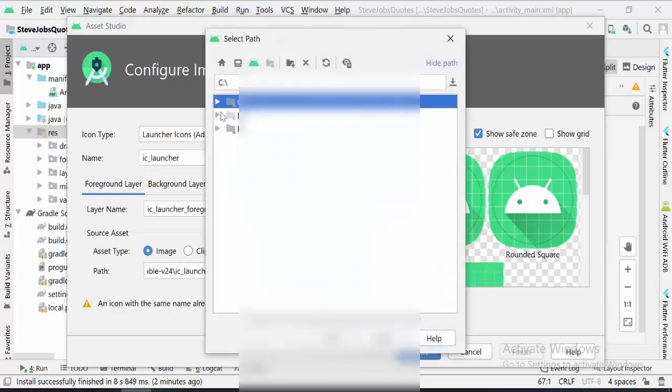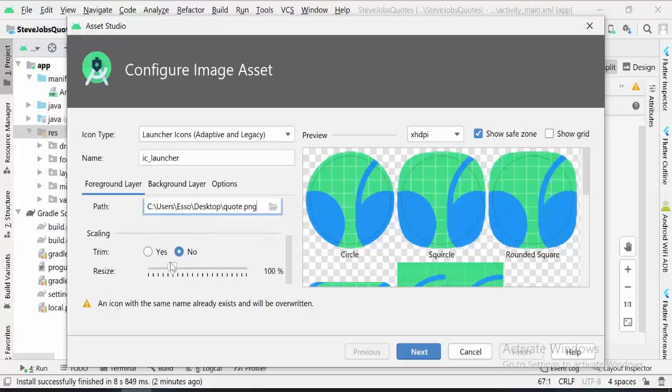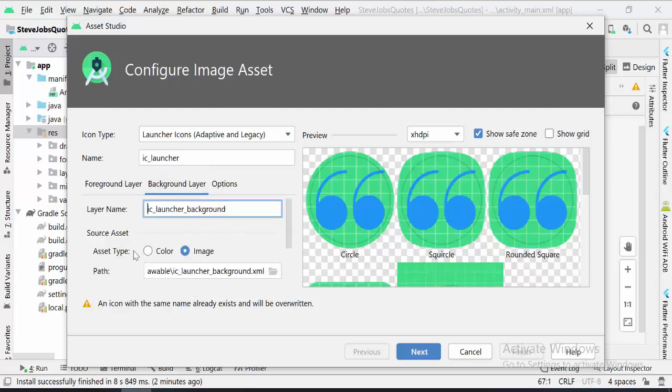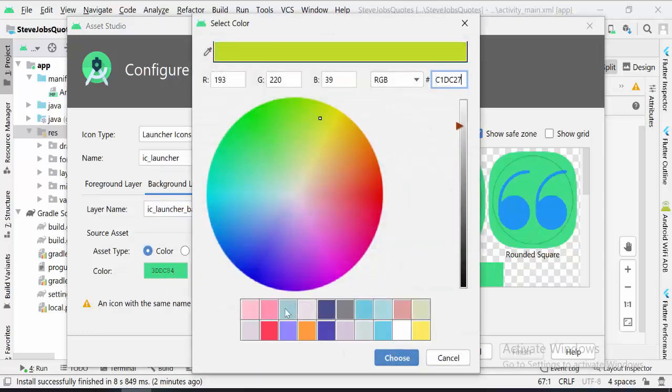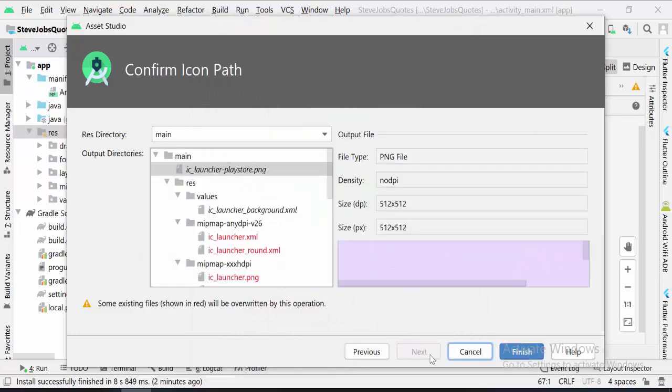My image is on the desktop, so I will search for my desktop. And here I will just minimize it to fit our image inside the circle. Press background layer and choose a color. Here you can choose whatever color you want. Next,